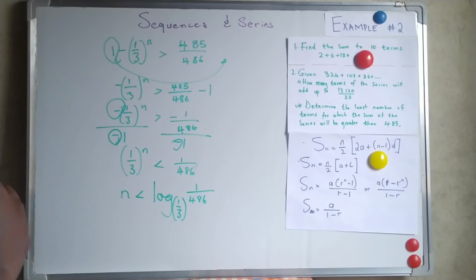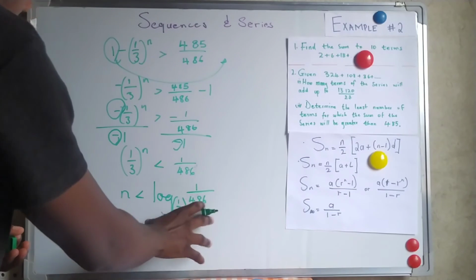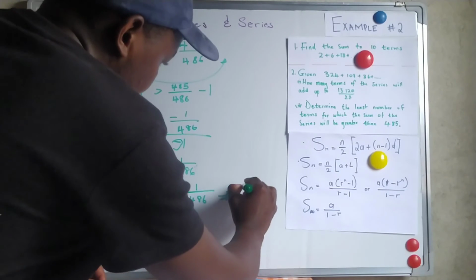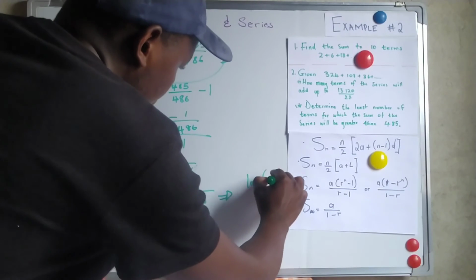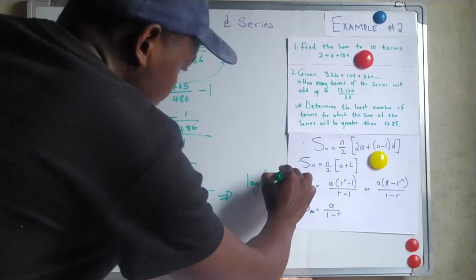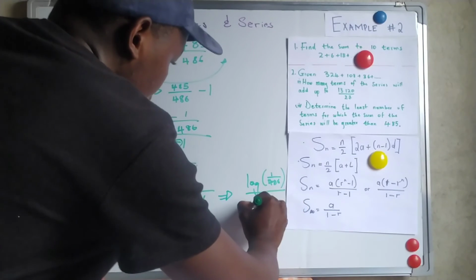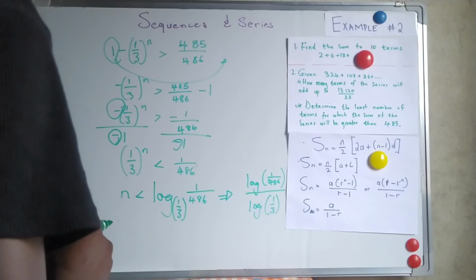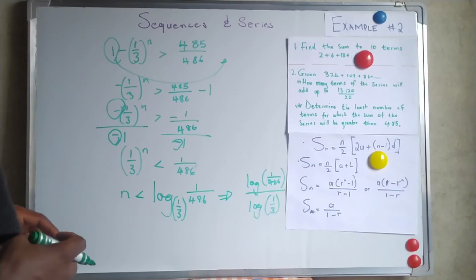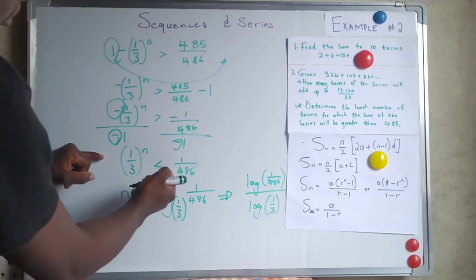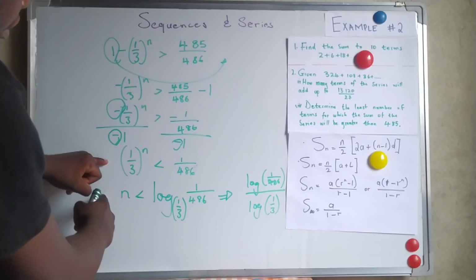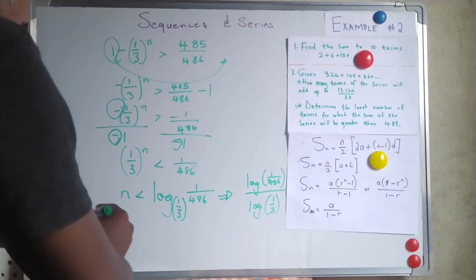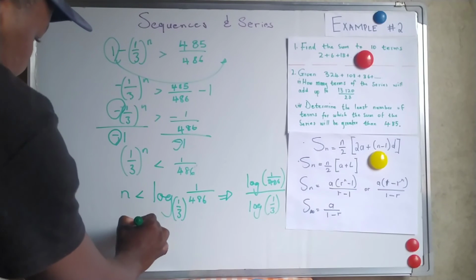Then you can input this into your calculator. This is actually the same as log 1 over 486 over log 1 over 3. So you introduce a log on this side and a log on that side, then the exponent drops down, then you divide by the log that is on this side. And then you get n less than